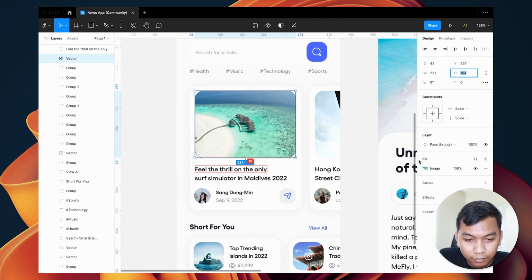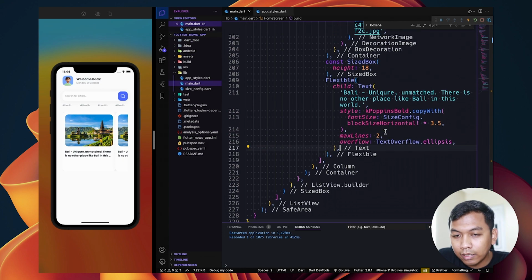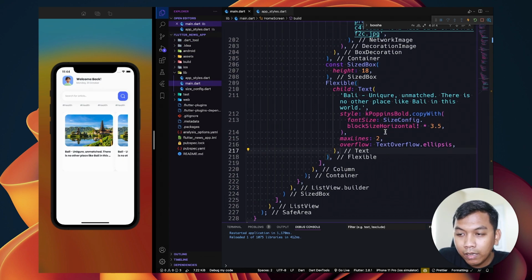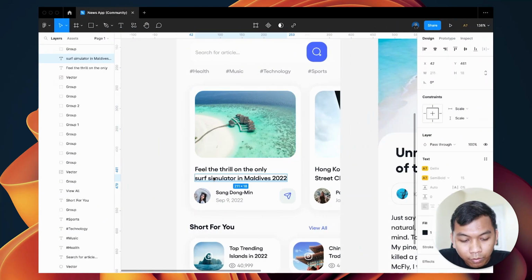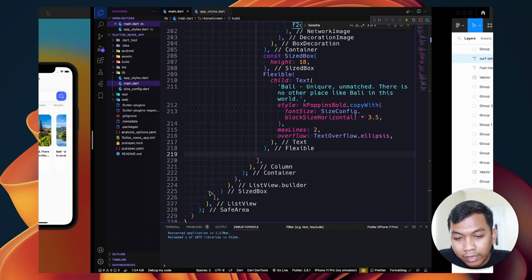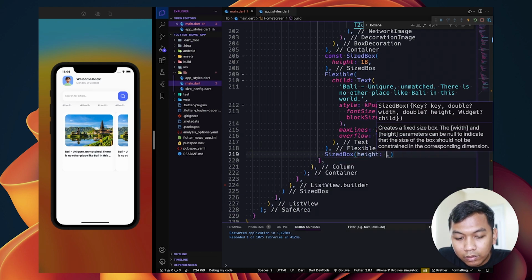And the next, below the flexible widget, we will have a row widget. But first we will have a size box again with the height 16.